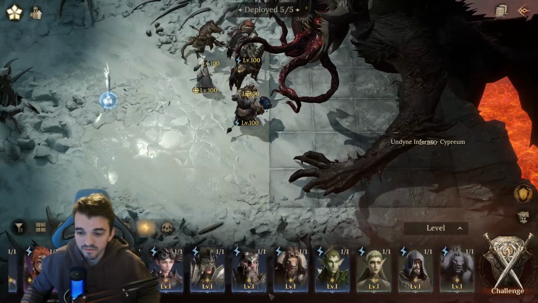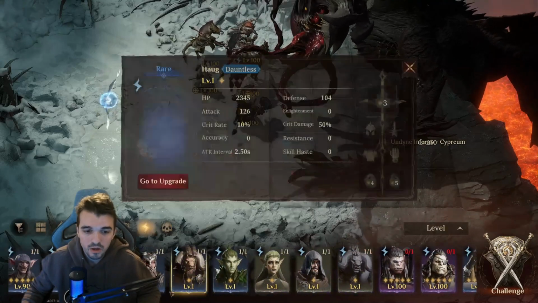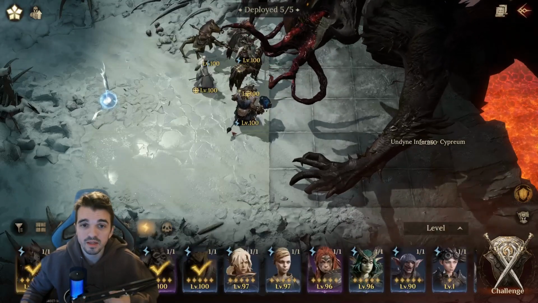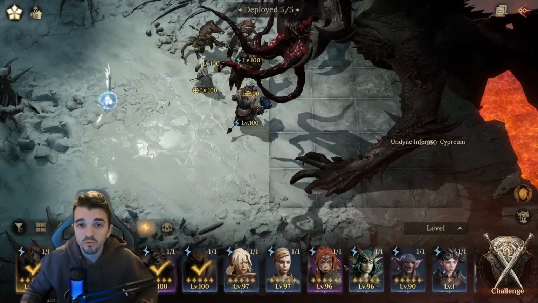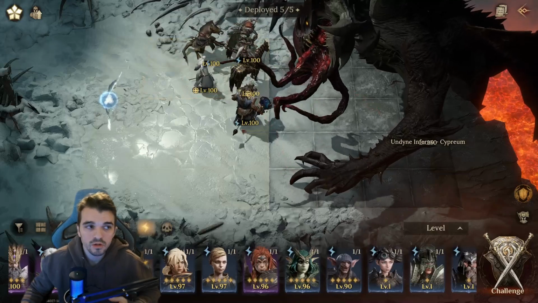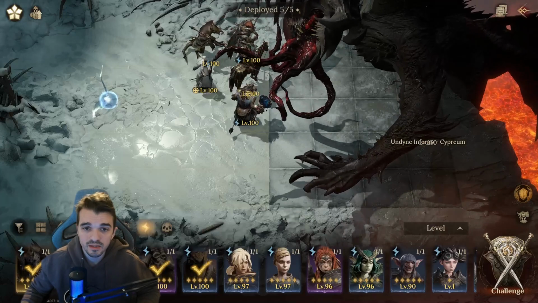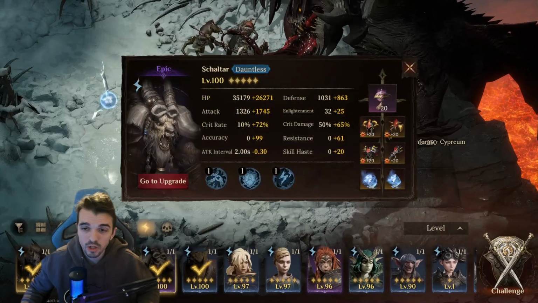So if you use like the Vanny I used before, it will be really good here. Or if you use another Dauntless that can boost other Dauntless heroes, it will be really good here as well. So if you don't have Suta, use another healer. If you don't have Dauntless, use a DPS that uses basic attacks, because on this team I'm using Shalto,